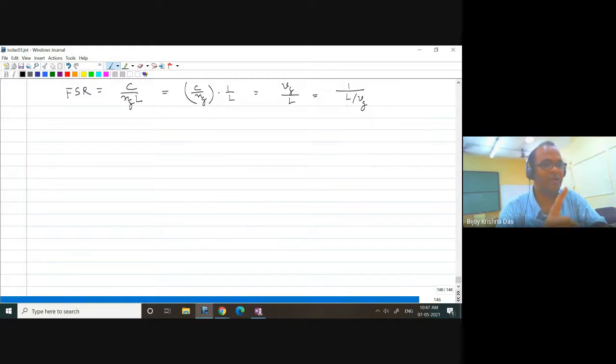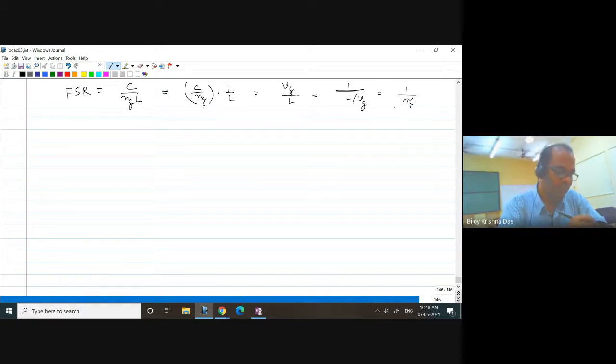This means if any information is pushed into the ring, that information will travel with a group velocity, right? And L is the perimeter divided by group velocity. So that means time of flight, the time taken for one round trip travel time. So that means we can write it as tau R.